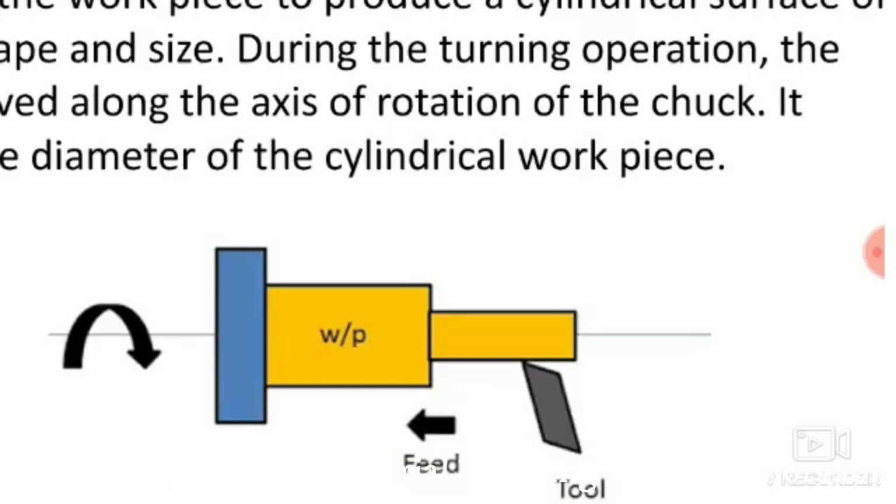Here also you can see the workpiece is shown in yellow color and it has two different diameters. This operation is known as step turning operation. So this single job has two different diameters. In turning operation, the material is removed over the surface of the workpiece and we are reducing the diameter of the workpiece, and the tool is moving along the axis of the lathe machine or along the axis of the spindle. In facing operation, the tool is moving perpendicular to the axis of the spindle, whereas in turning operation, the tool is moving along the axis of the spindle.